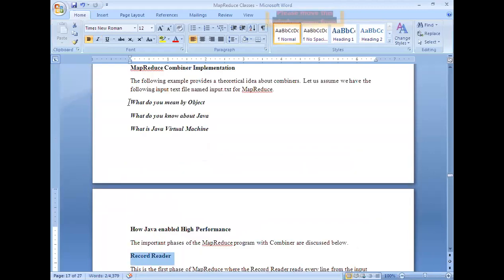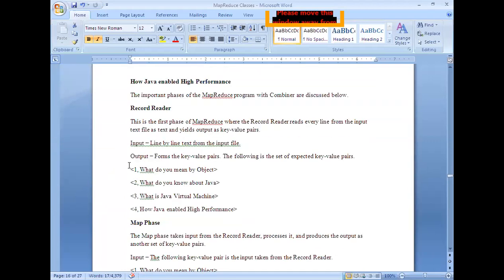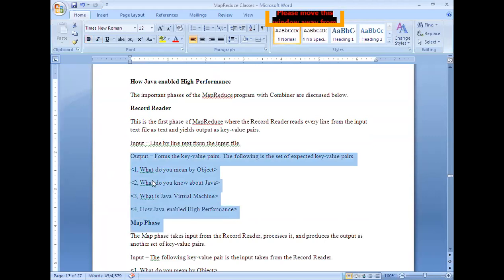So in this case, this is the text. This will be supplied to the record reader. What the record reader does is these text will be converted into key value pairs. For example, the output will be like this. First line, that means a key will be assigned to this, value will be like this. 2. Like that, it will assign the line numbers to each and every line.